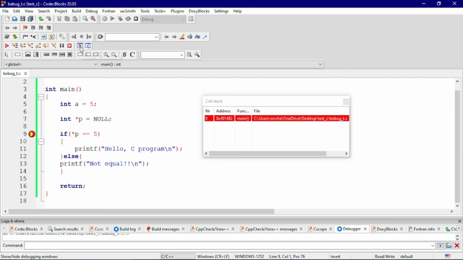So we have some good features on this side. Here we have breakpoints, which we are using here, the red one, and CPU registers. Some of these features I've never really used in real life, but they are really good when you're facing problems with your code and you really need to debug.